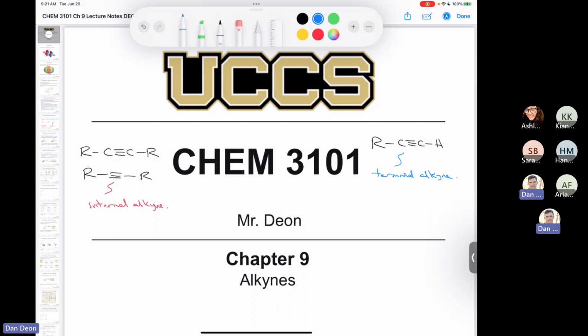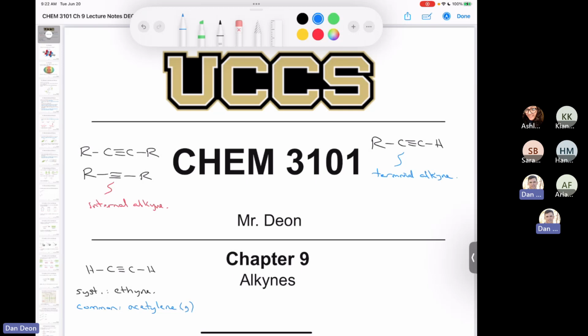And then the simplest of all the alkynes is this one right here. If you have two hydrogens, one on each end, this has two names. The systematic name would be ethyne, but nobody calls it that. The common name is acetylene. I'm sure you've heard of it. It's a gas at room temperature, and it's used in welding. The reason is that it burns with a flame of about 2,800 degrees Celsius,